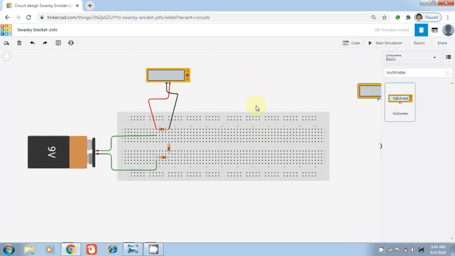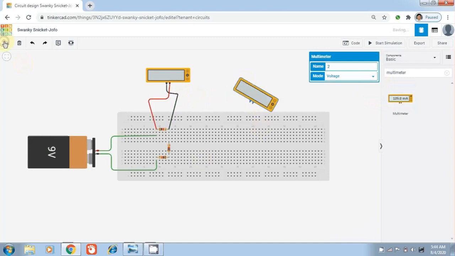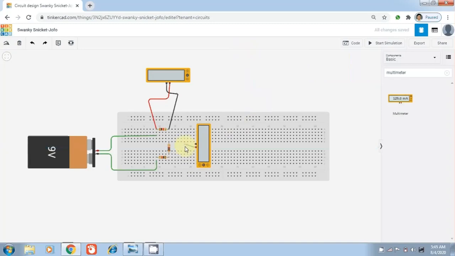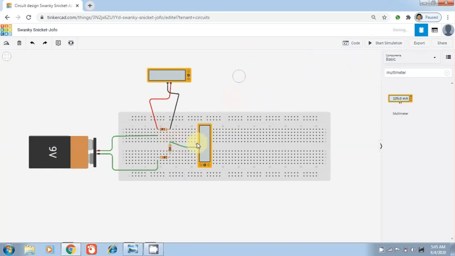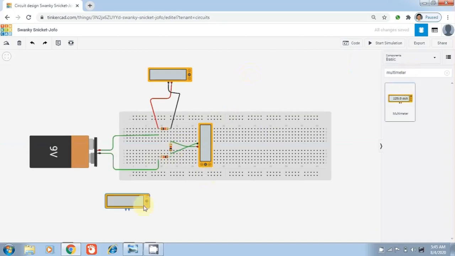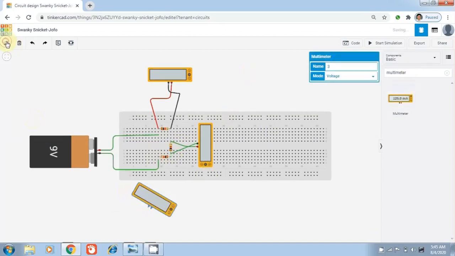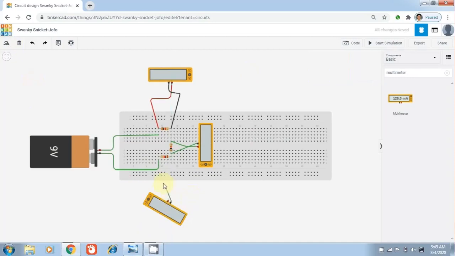So as we want to measure multiple quantities, we connect the positive terminal to this resistance and the negative terminal to this side.